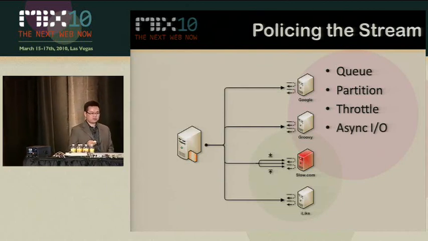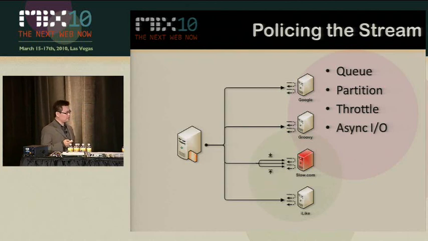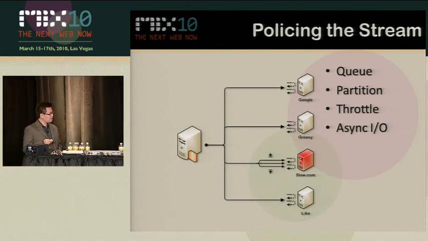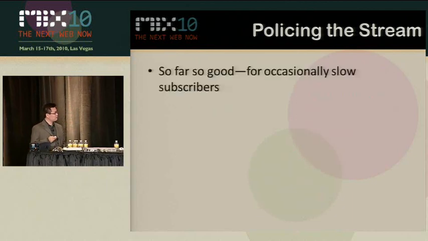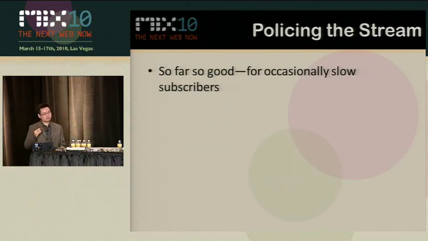And this makes much more efficient use of the threads and also prevents thread starvation. Now, queuing, partitioning, throttling, and async I/O are sufficient as long as all the subscribers are only occasionally slow and mostly performant. However, because we're open to all, because we allow just anyone to subscribe to our stream,